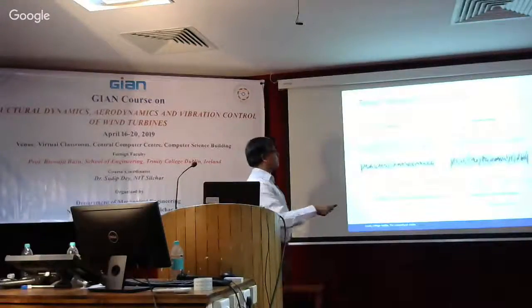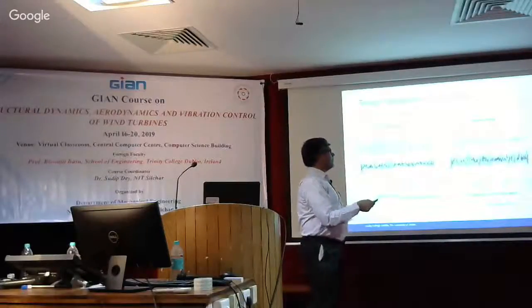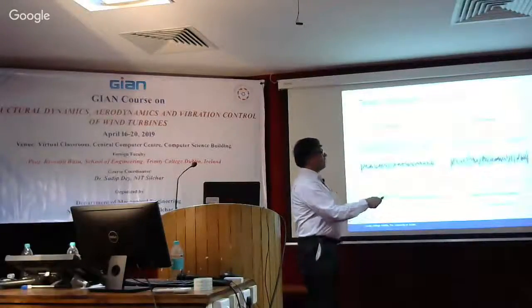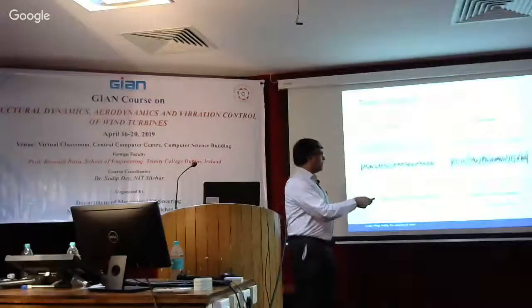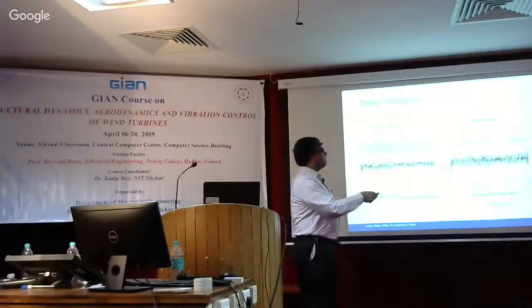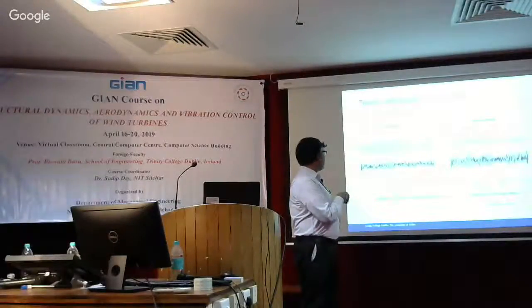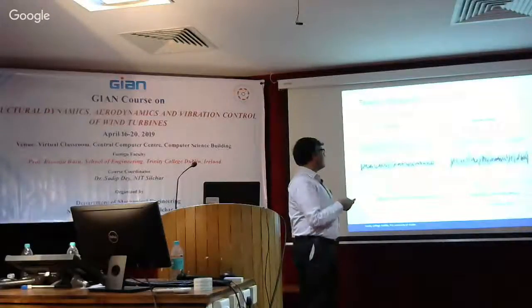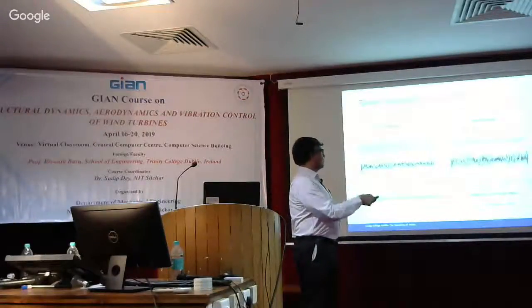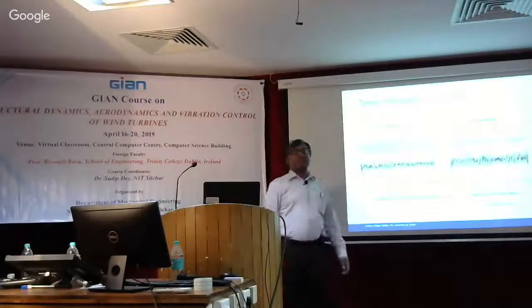Obviously, because you're suppressing the tower vibration with the additional damping, the pitch is actuated. So you have a lot of high fluctuation in the peak. So pitch demand has gone up. Initially, the pitch was between plus minus 2 degrees, say. Here, it's still in that range, but you can see visually there's a significant amount of fluctuation